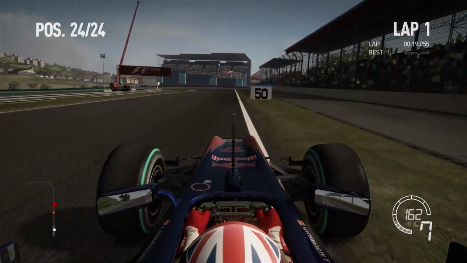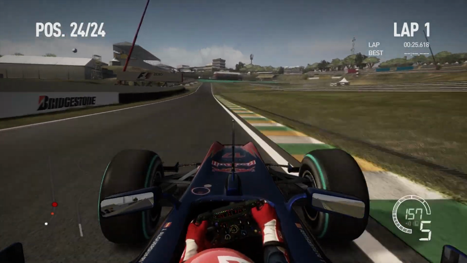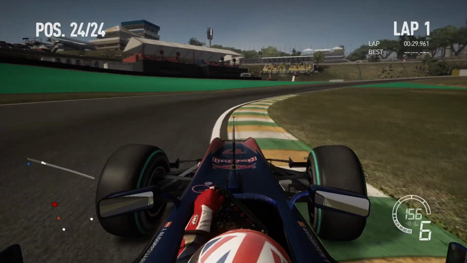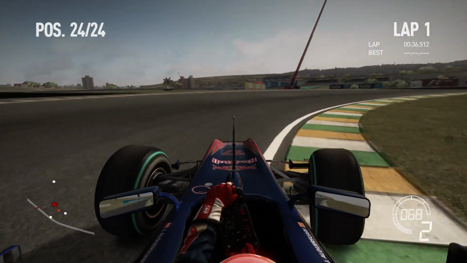Braking now into this, the fourth corner. Ride over the curb quite a bit. Didn't get a corner cut warning, so this lap is still going to count. Then we just sort of turn the car in, down to fourth gear, run a bit wide, but it opens